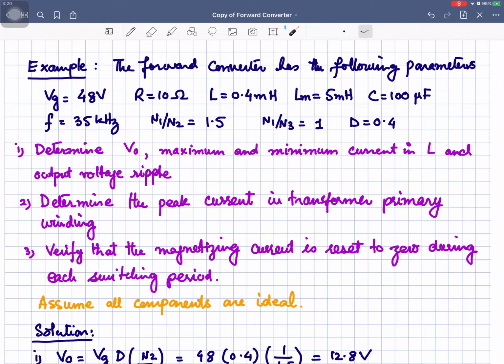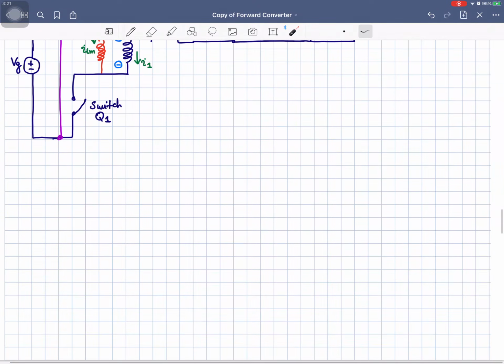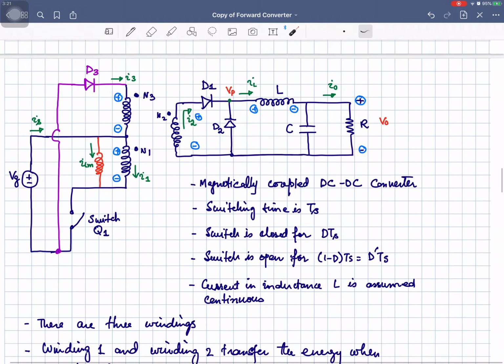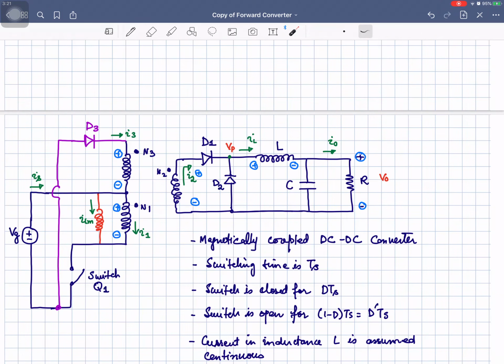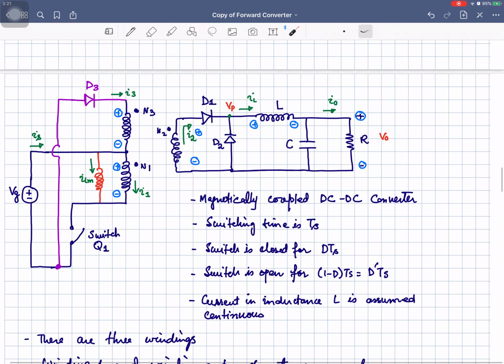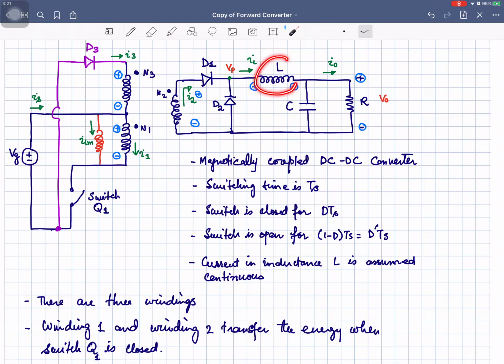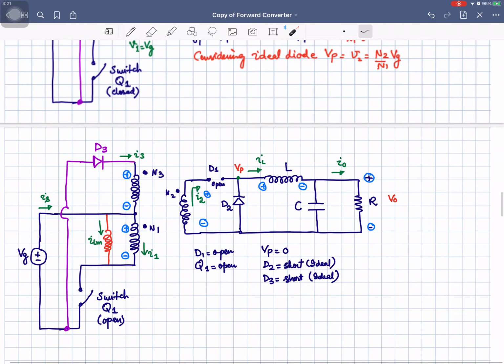Okay. So, we have discussed it in the last lecture in detail. If I go back and look at the circuit diagram for this converter, that is this one. Now, the parameters are given to us. The value of this inductance, capacitance, load resistance, the switching frequency over here and the turn ratio of these windings, these are given to us. And we want to analyze this circuit, and we will be seeing that either the core is being reset or not. Okay, so now coming back to the example,